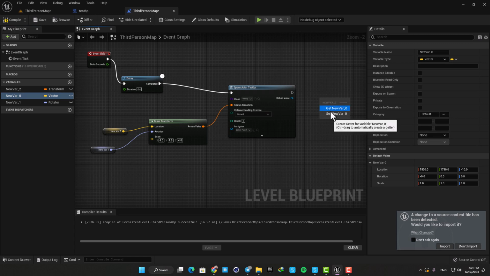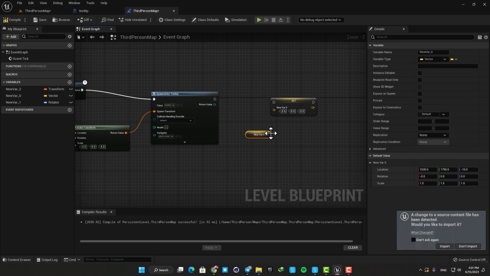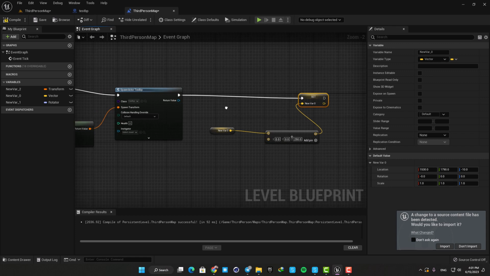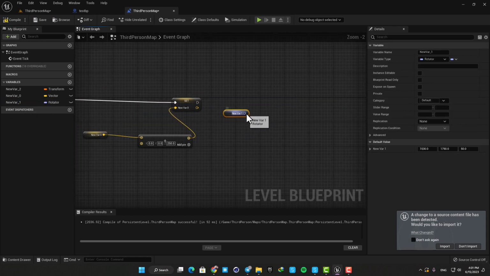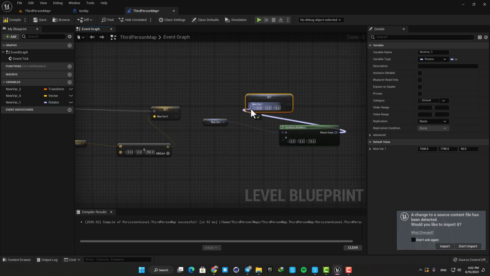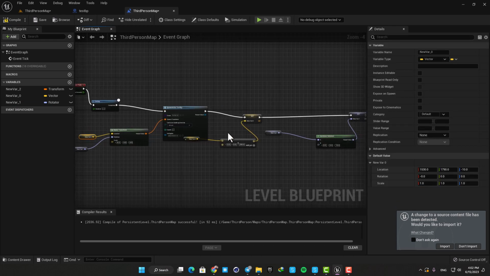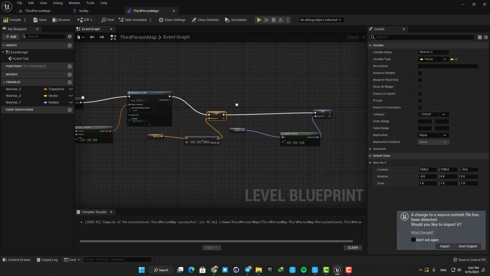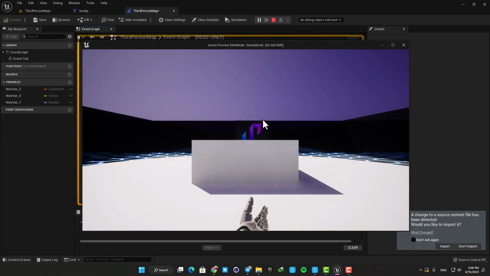Next, we want to set the vector variable. Let's get the vector and add 250 units to the Z value. We also want to do the same thing with the rotation, so get the variable, combine rotators, and add 10 degrees to the Z axis and then set it again. What this means is that it will spawn the blueprint at this location and without any rotation. Next it will get the location, add 250 units to it, and then spawn it at the new location with a 10-degree rotation. Let's compile and play, and now you can see that it's doing the job,